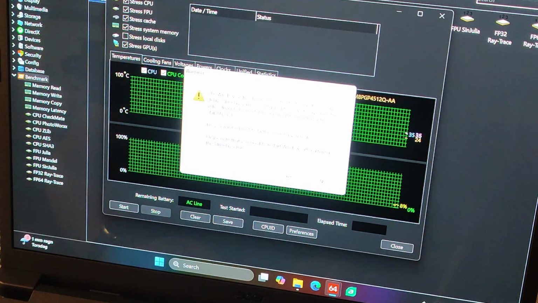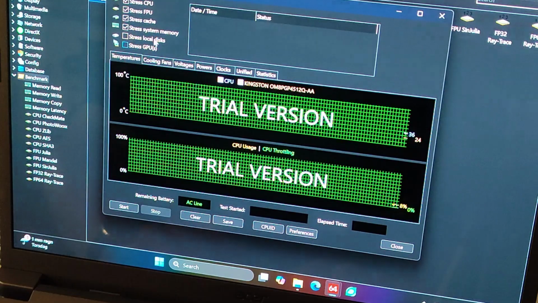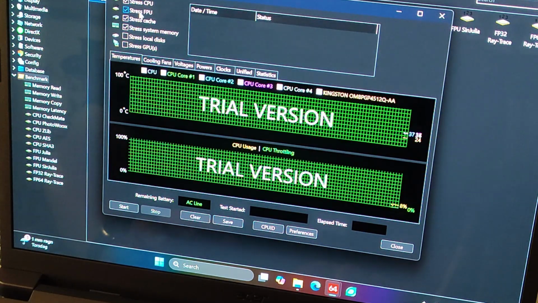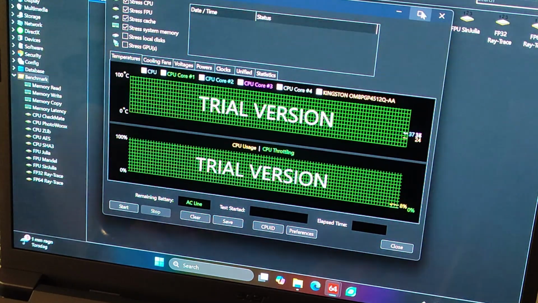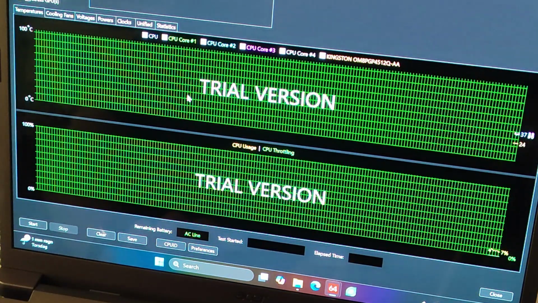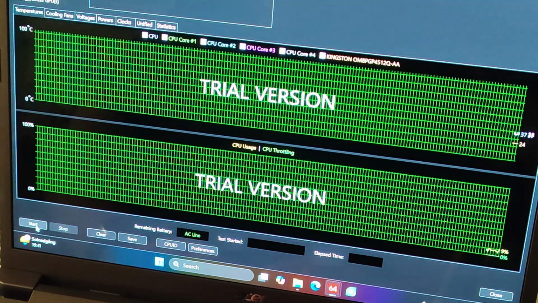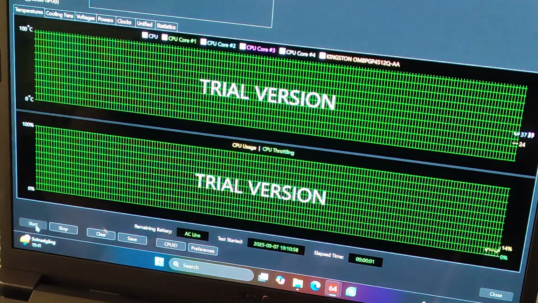It may cause the video driver to be reset while running the AIDA64 system. So they want to fix this issue for you now. Okay, you need to restart Windows. Okay, no. We'll not stress the GPU now. We'll just stress memory, cache, FPU, CPU, and yeah, let's start this